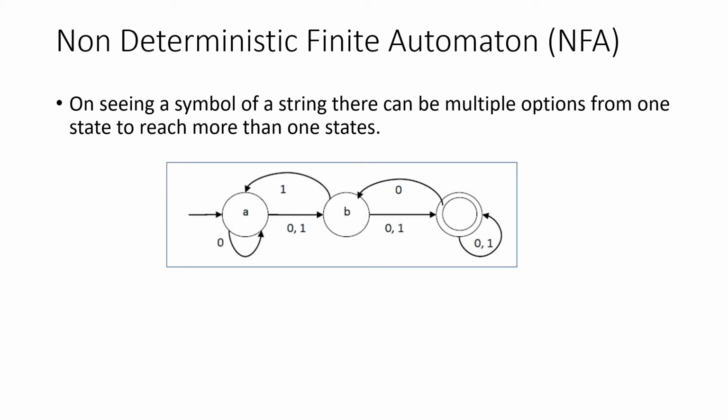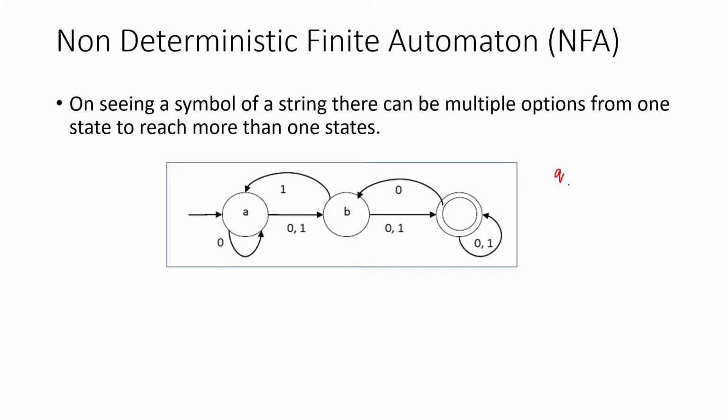So now we will move on to a new finite state machine, what we call non-deterministic finite automata. First of all, we have to understand what a non-deterministic finite automata is. In the case of deterministic automata, let's take an example over here. We have seen that